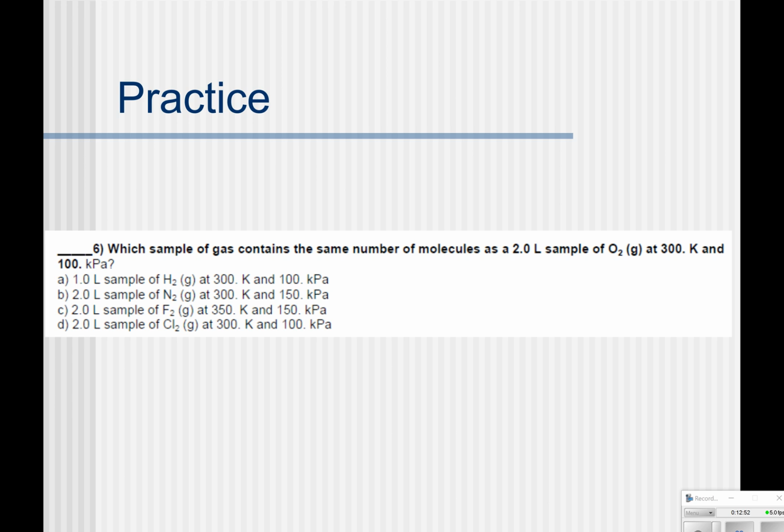Practice question number 2. Which sample of gas contains the same number of molecules as a 2-liter sample of oxygen gas at 300 Kelvin and 100 kPa? Now, the first thing we want to look at when we're comparing gases here, and we're looking to see which sample of gas contains the same number of molecules,